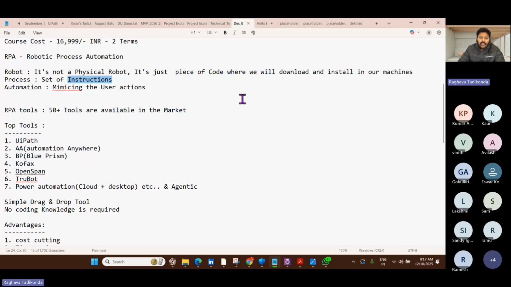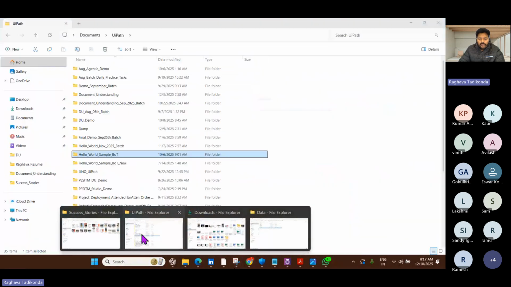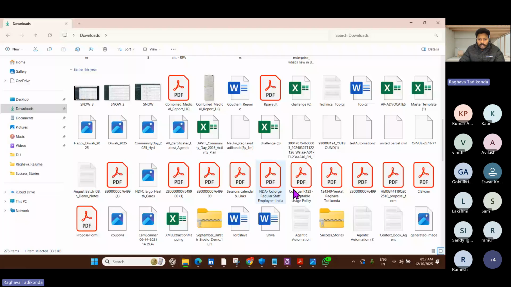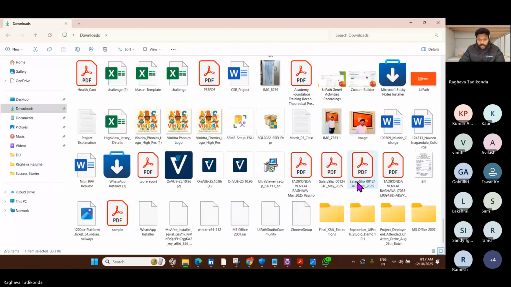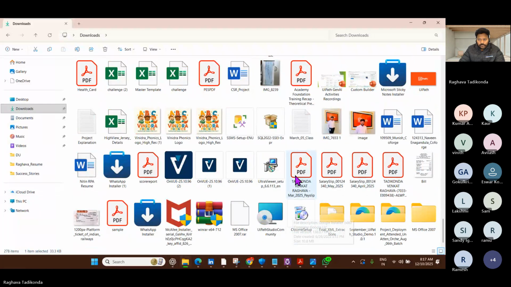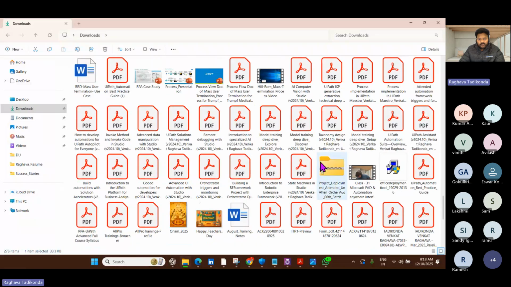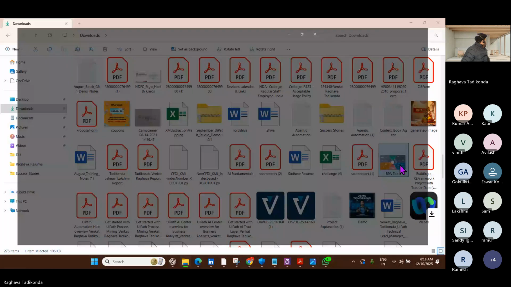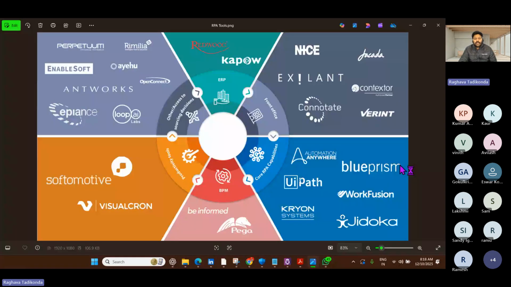So RPA is just a definition. We are not going to learn anything about RPA itself. In RPA, we have 50 plus tools available in the market. Some of the tools, I'll share with you. So I see here, there are more than 50 tools available. Some have not been mentioned here. So if you see